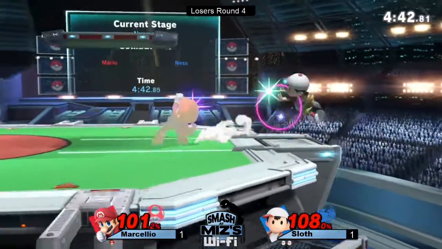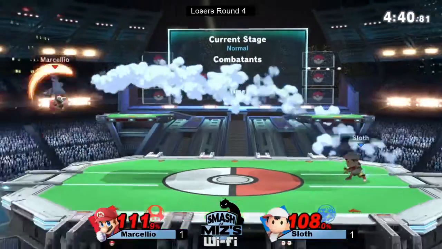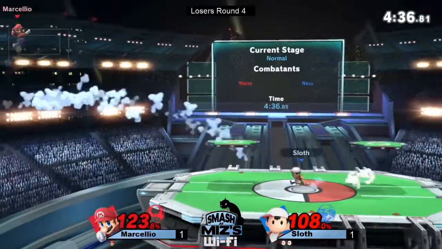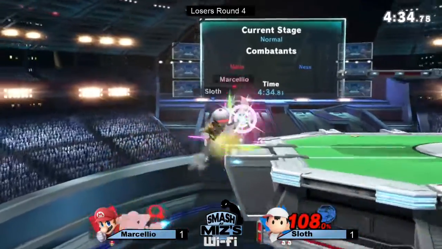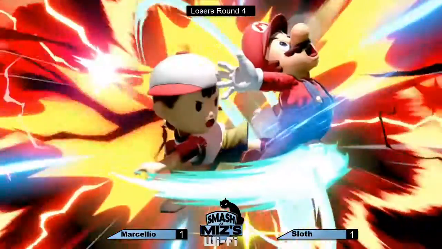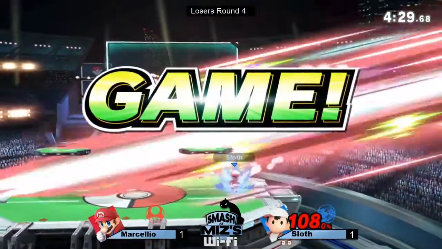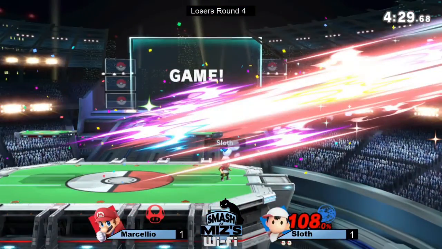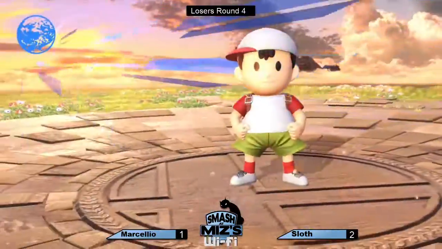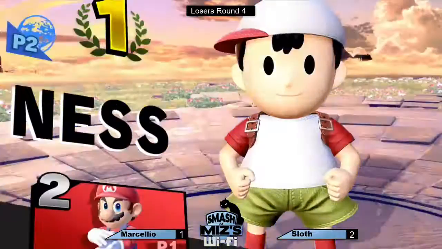Sloth a really heavy lead, like a full... Oh my god! Dude, Marcellio should have just released it. He just got two. He really just wanted the kill so badly. Yeah, I don't think he was quite expecting Sloth to just challenge it directly like that. Oh, yeah, that's gonna do it. Deceptive. I'm so not used to seeing that move kill. It always looks funny when it does. Yeah, I don't know why it kills, but